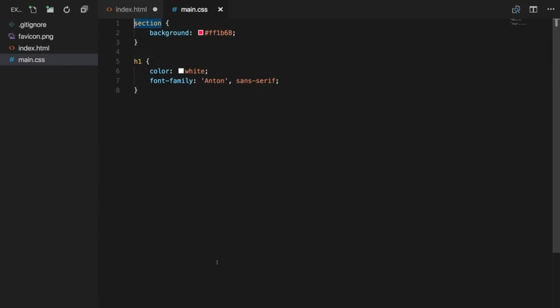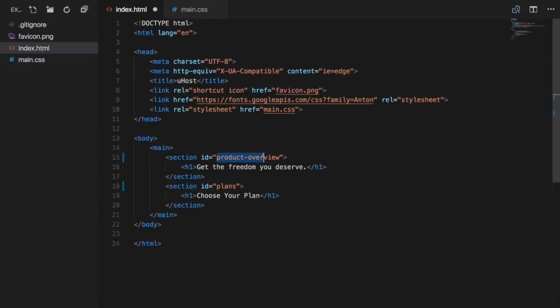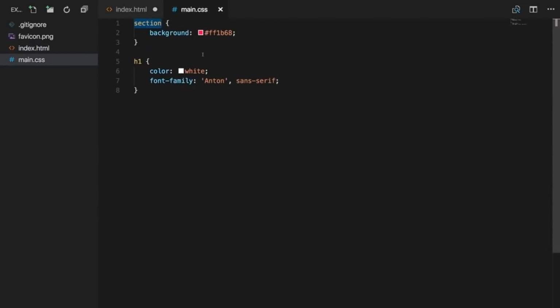Instead of selecting a section and setting the background to this color, I only want to do this for the first section, which has the ID of product overview. So let's copy that ID name and replace this section element selector here with the hashtag product overview selector. If we now save both files, CSS and HTML, and we reload the page, you see the second one